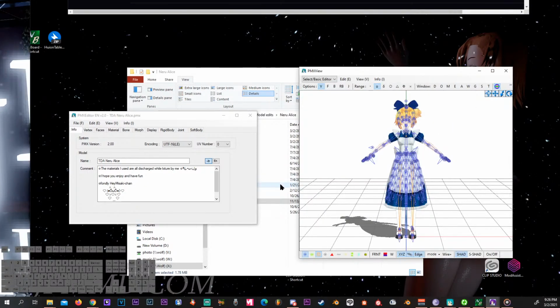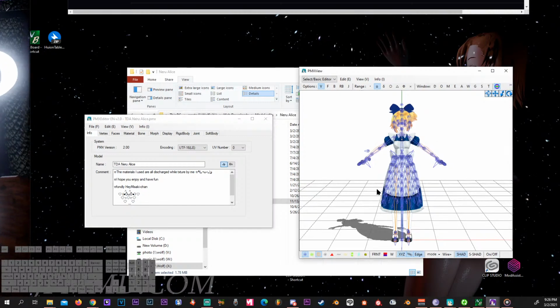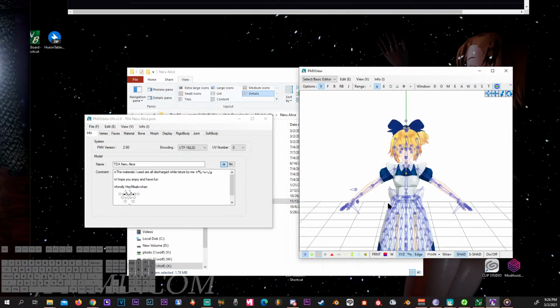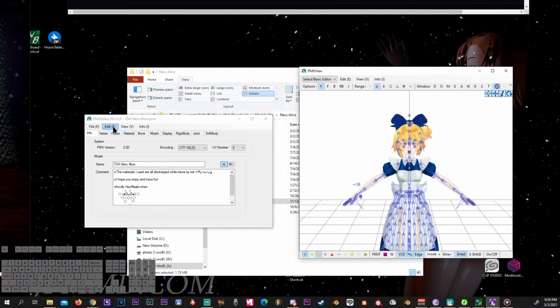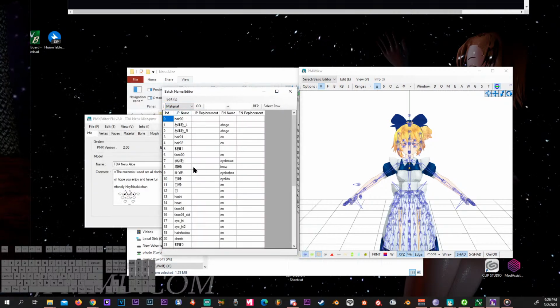All right, so we have this. So the first thing I'm gonna do to make it simple in the long run is edit the names. As we can see, the naming convention in English is all missing. So to make it simpler for us,